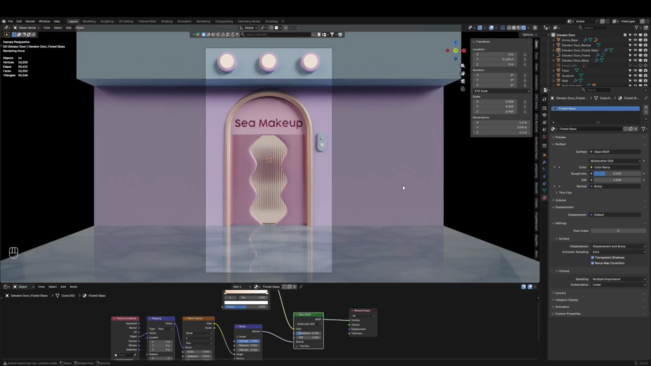So that's basically it for this scene, and we're gonna continue the inside of the elevator on the next video,